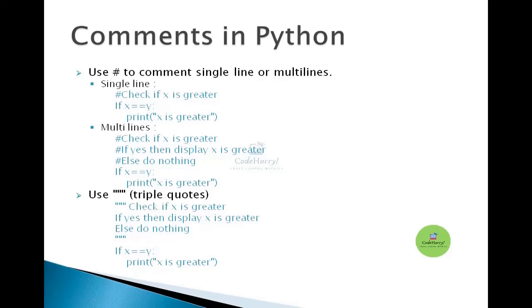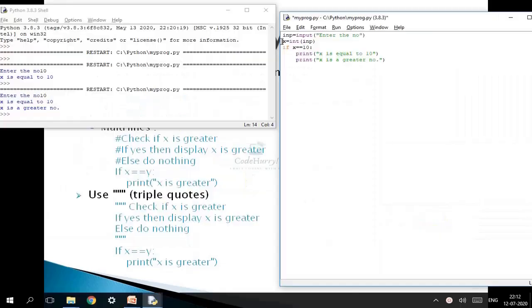So I'll quickly give you a demo of how we comment. In this program only I'll put a comment. I'll just write here: int method is used to get numeric value.